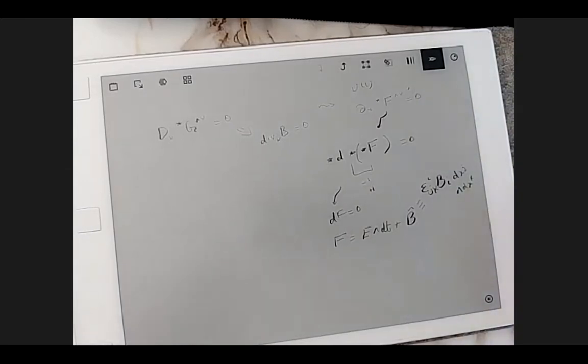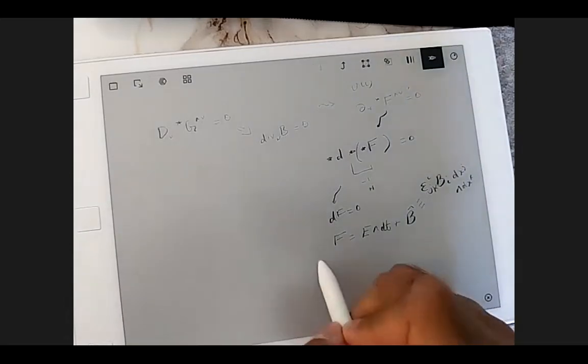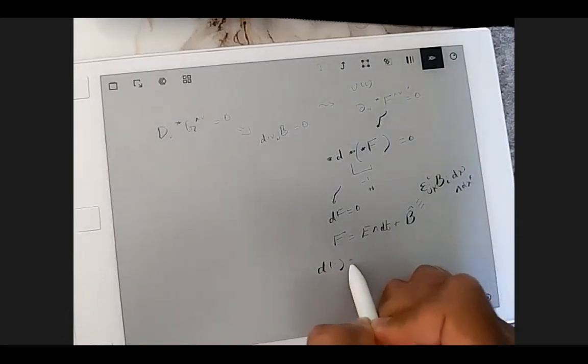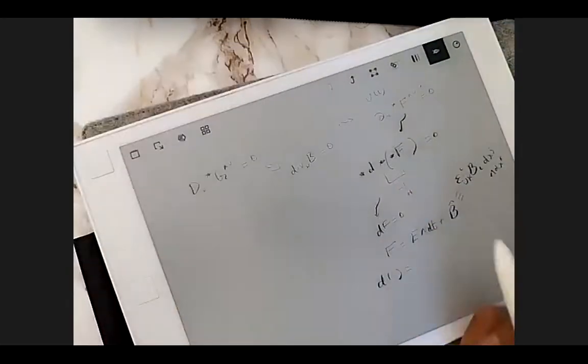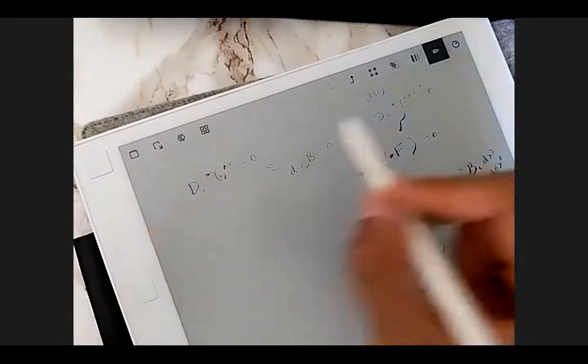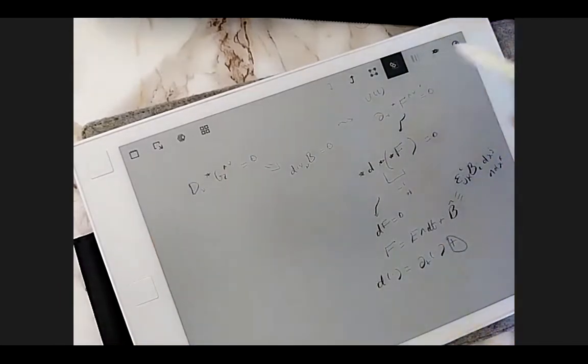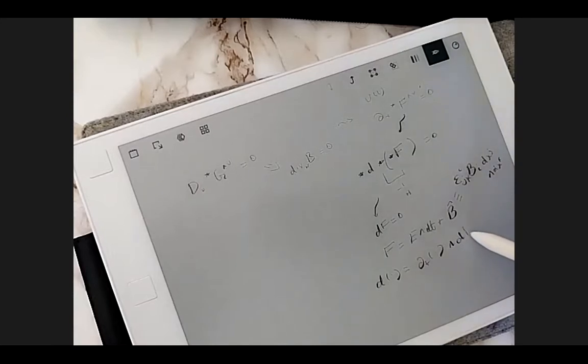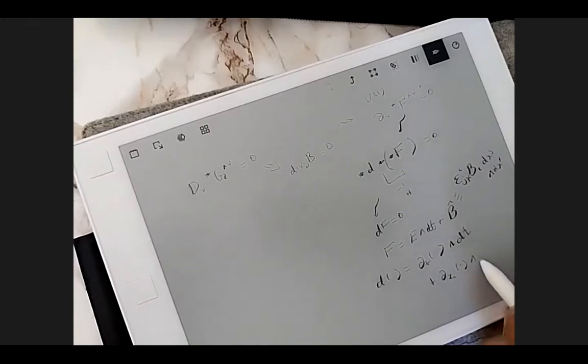So this is a split. And what does d do? Acting on something, again, we want to do the space plus time split. So it's dt with the wedge, shouldn't forget. Does this notation make sense to you guys? Which means that if I hit something with d, then this is what it does: it does differentiation and wedge. Cool. So let's keep going.